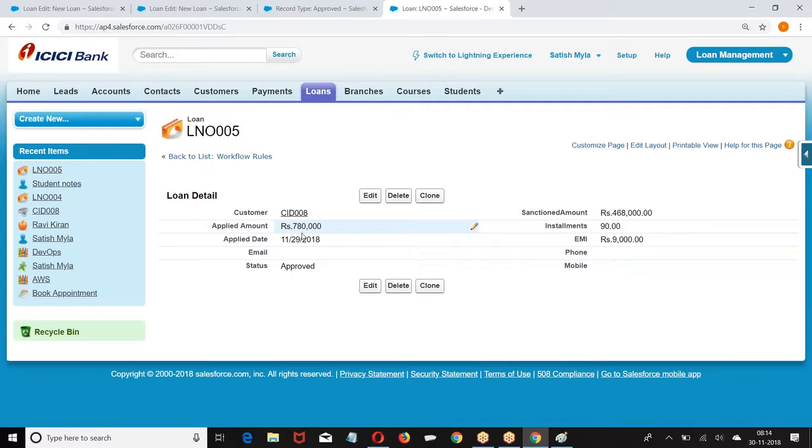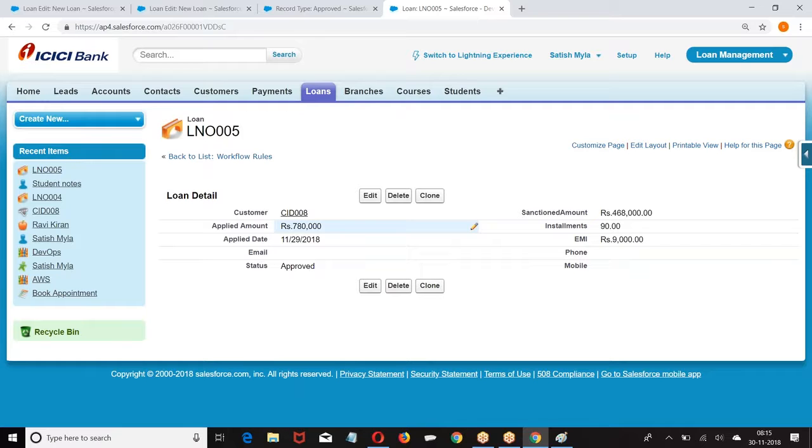For the same user, same object, when you want to show more than one format, it is always record type. But the record type has to change based on the value in the field. If the value in the field is A, I have to get record type 1. If the value in the field is B, I have to get record type 2. So it is a combination of workflow, field update and record type.